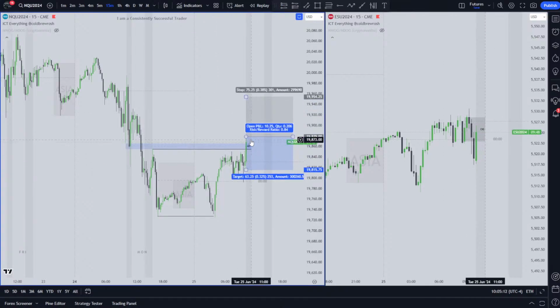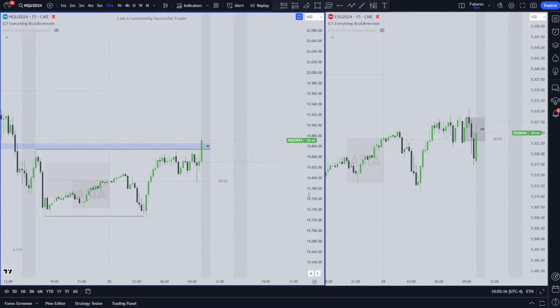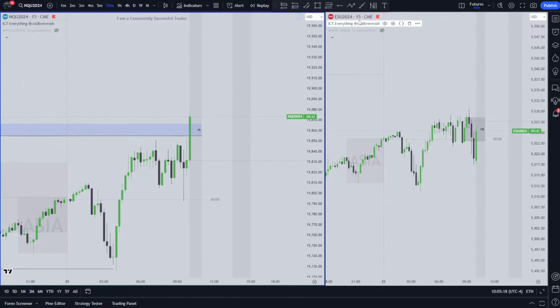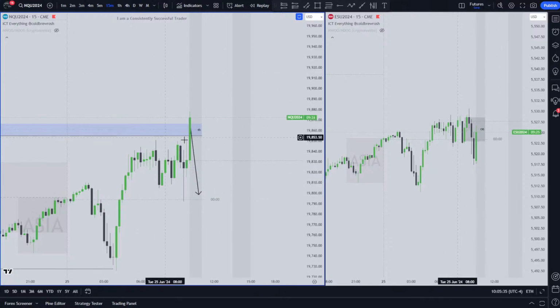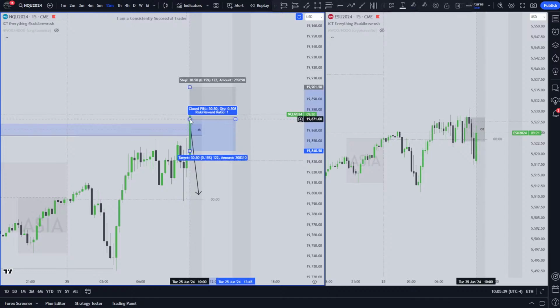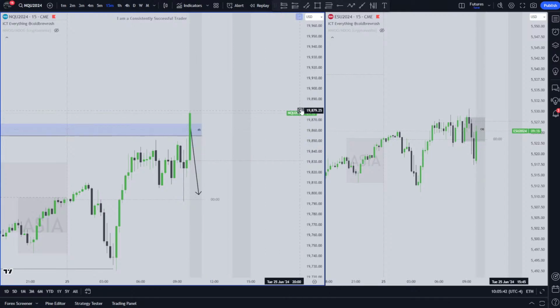Because for me to sell, I need bearish structure. So for me right now, I need this 15-minute, or not even just this candle, but in this session, I need us to start doing this and create either the order block, a reclaimed order block, a fair value gap inverse, something like that. I can't just take a sell here like that. That's not me. That's not my strategy.